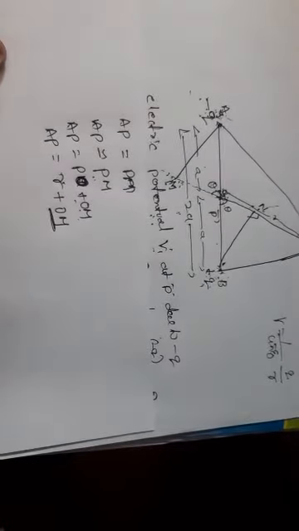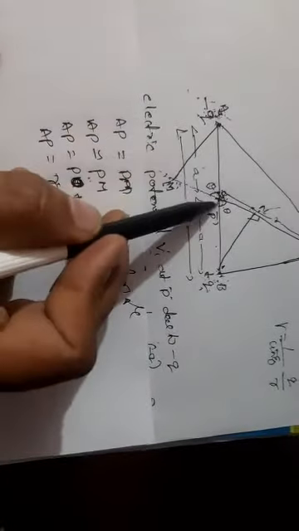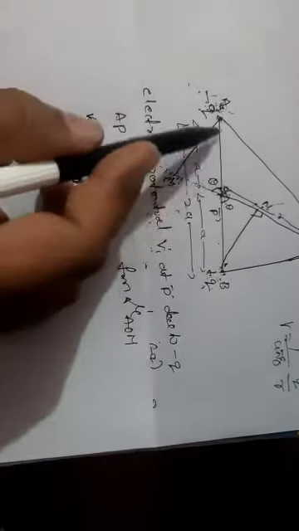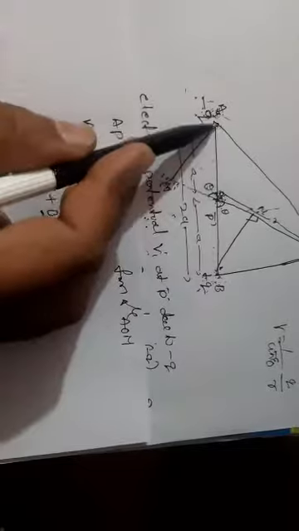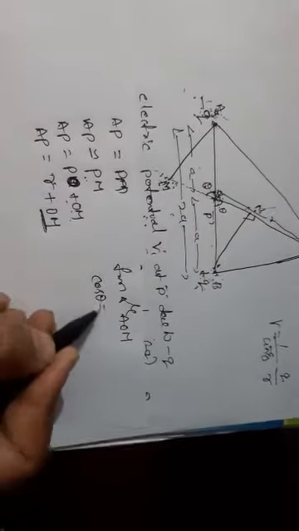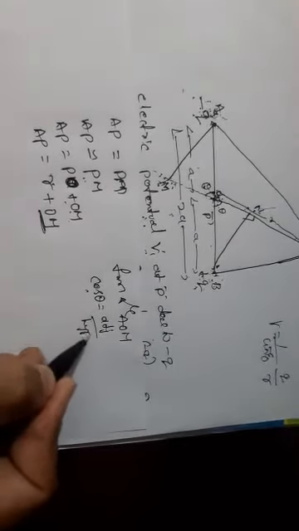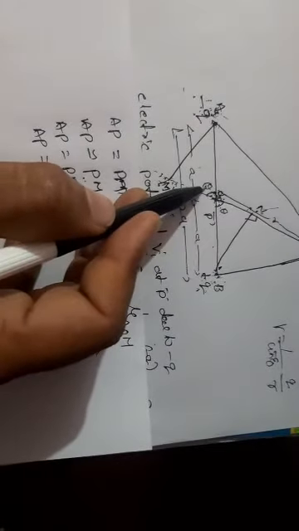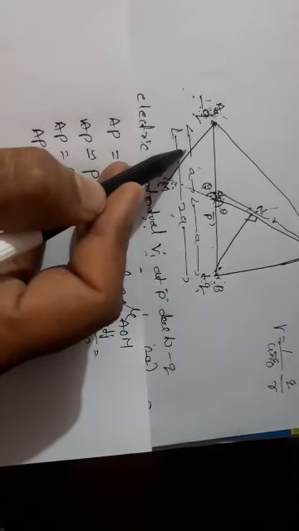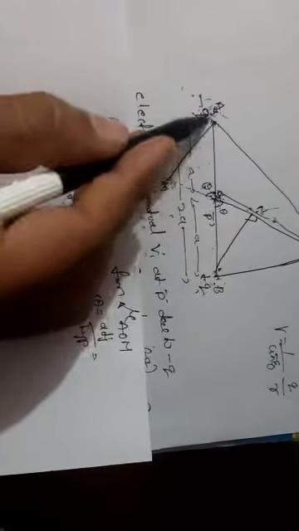How to find the value of OM? From the triangle AOM, the direction of the dipole is the horizontal direction, and theta is the angle. By using the definition of cos theta, which is adjacent side by hypotenuse, where theta is the angle, the distance between A and O is small a.